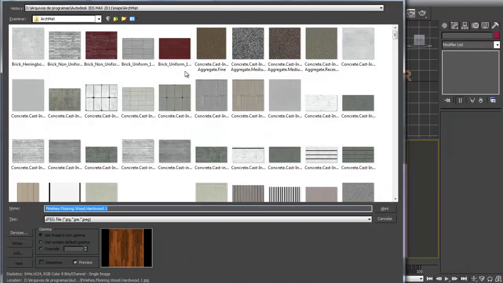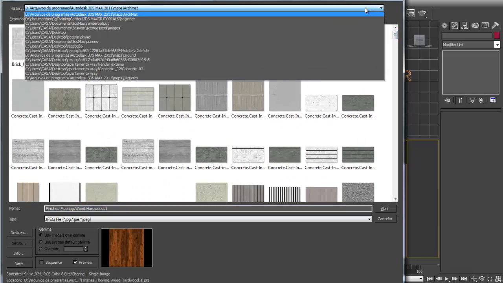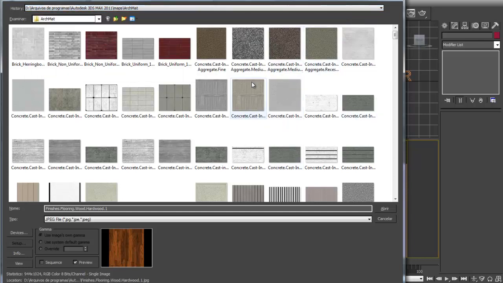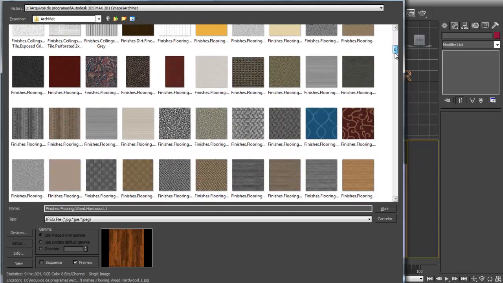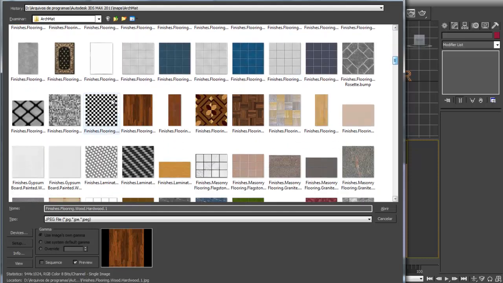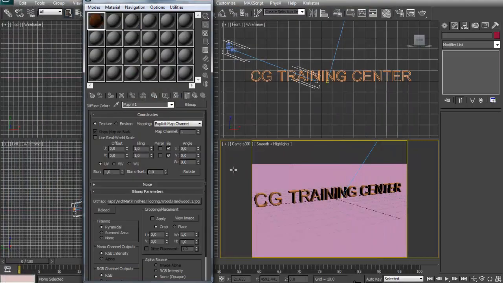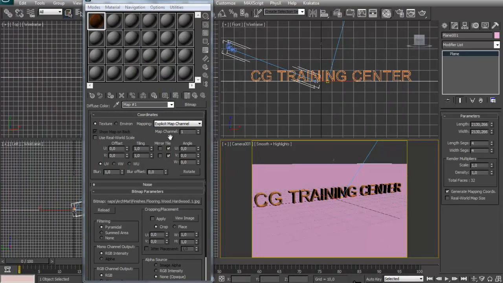Select bitmap, and 3ds Max 2011, I guess older versions have it too, has a map folder in your 3ds Max root, so all these materials here come with 3ds Max already, so just look for it, it's probably there. And I'm going to choose a wood material, a wood map actually, and select your floor, apply it,